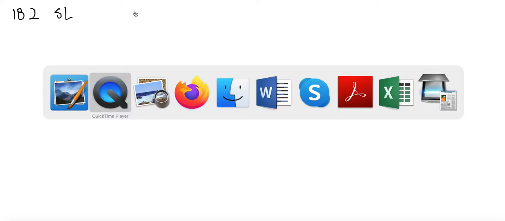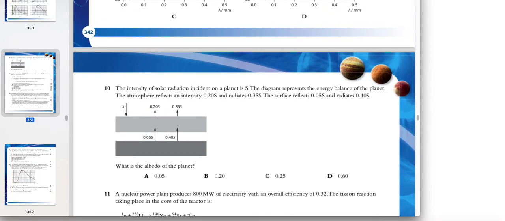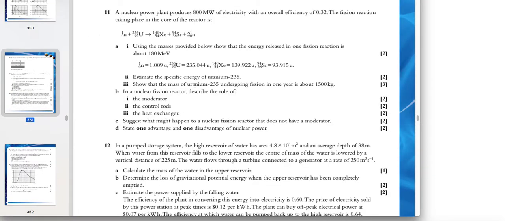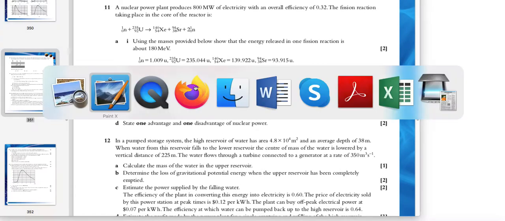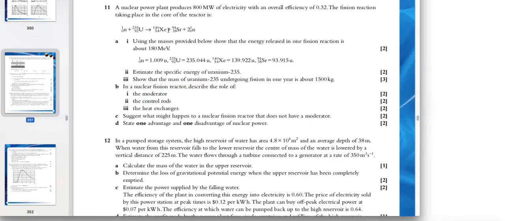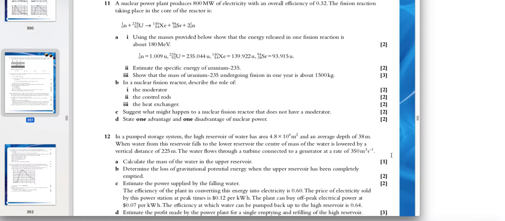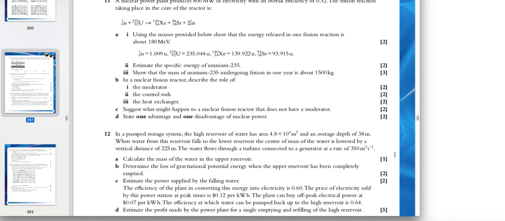And Tsokos, of course, today Tsokos. So open your Tsokos on page number 343. Okay, and your task, based on our last lesson, is to do two exercises: exercise number 11 and exercise number 12. You can obtain 4, 7, 9, 11, 13, 15, 17, and here 18, 20, 25. You have 45 minutes,